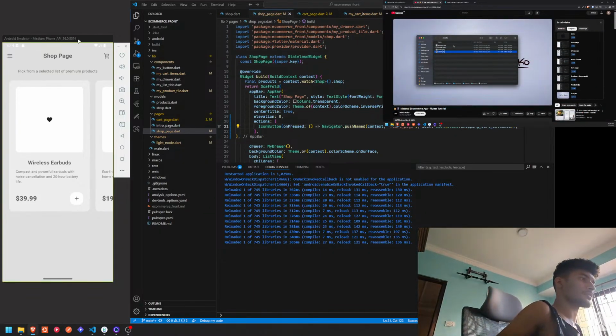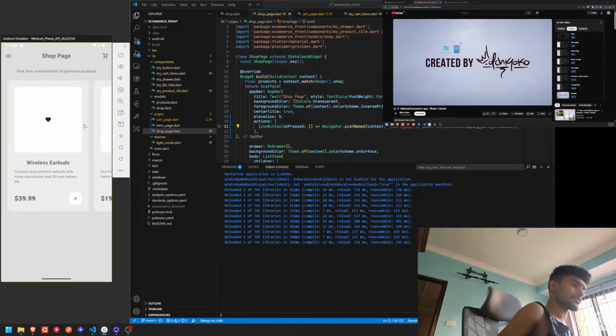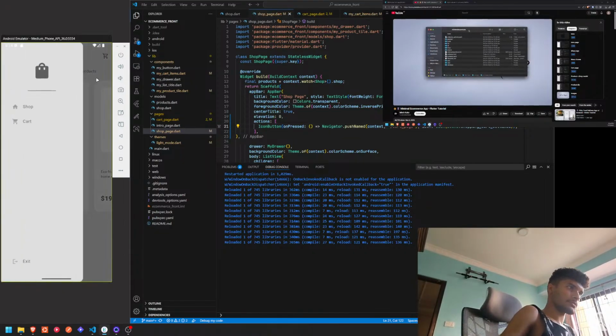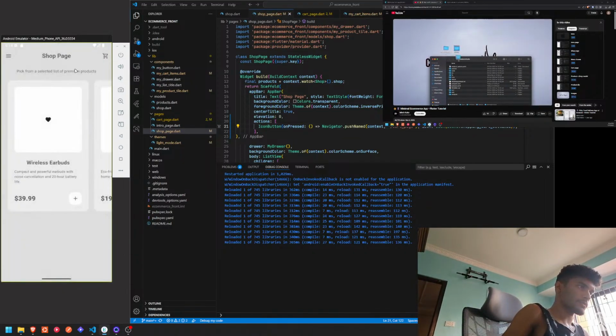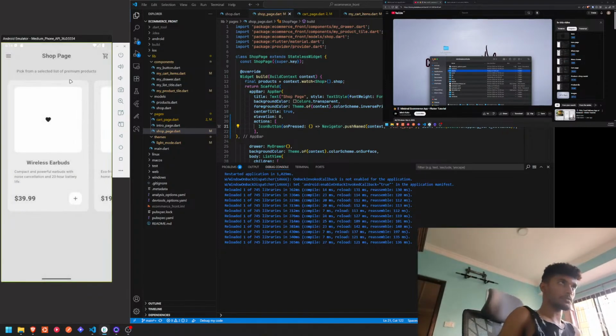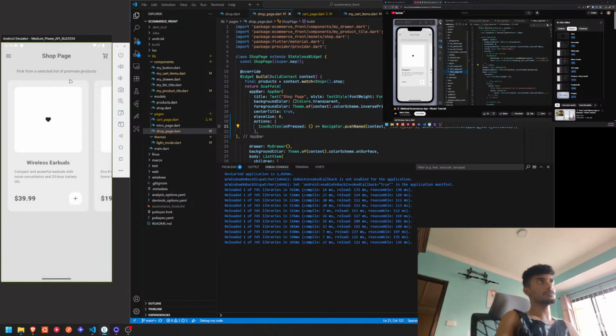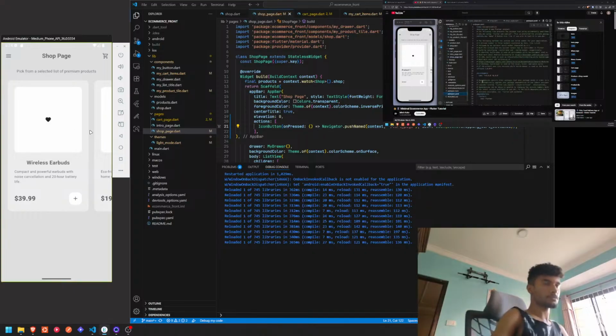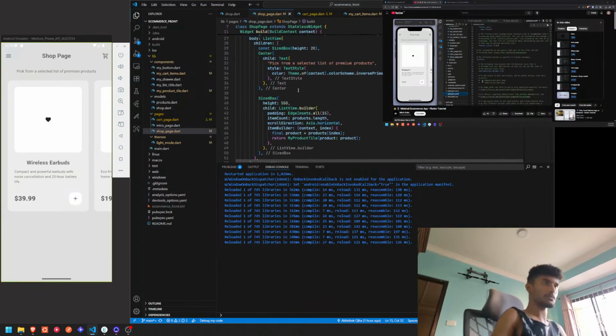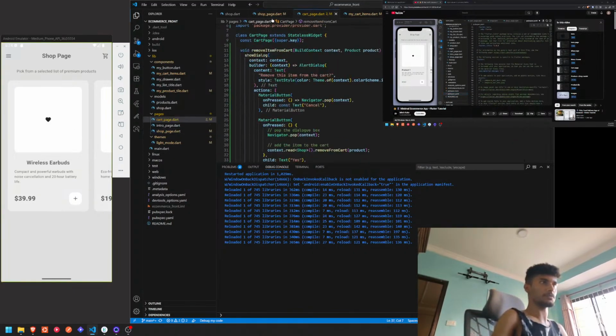So let's say you have some images in a folder called assets, and then go to your project, and you just want to drag that into your project. And then we want to come back to our code and we have to tell it in the pubspec.yaml that we are bringing in some assets. So if you scroll down, you can comment this little bit out and specify where